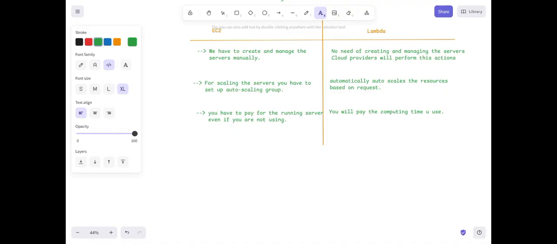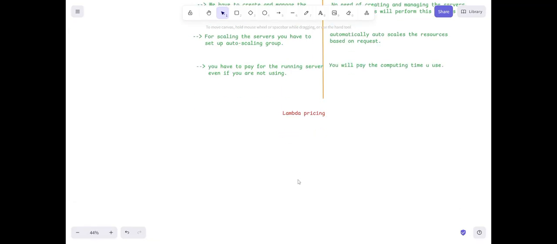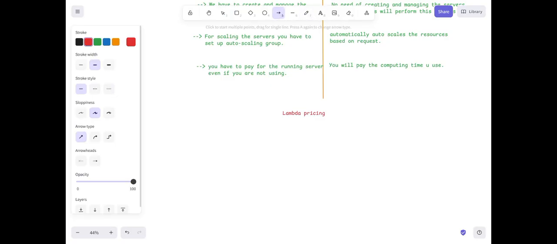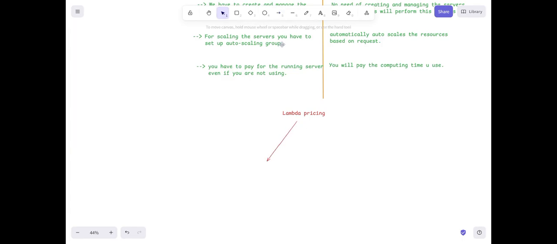Yes. So now we'll discuss Lambda pricing. How are they going to charge for Lambda? Let me write here Lambda pricing. So how are they going to charge for this? They are going to charge in two ways. Two ways we will get the bill for this Lambda pricing. One thing is